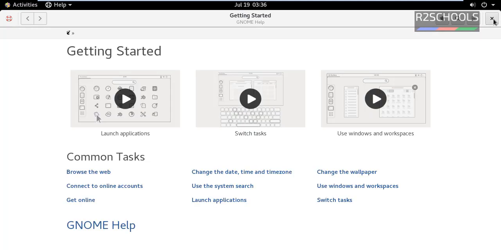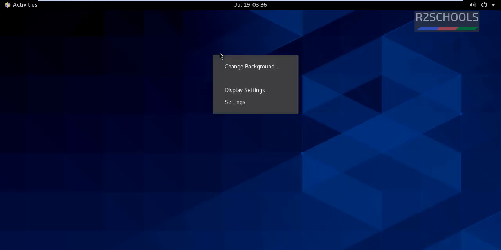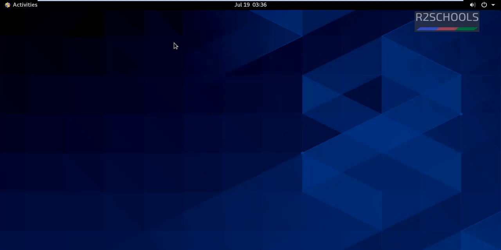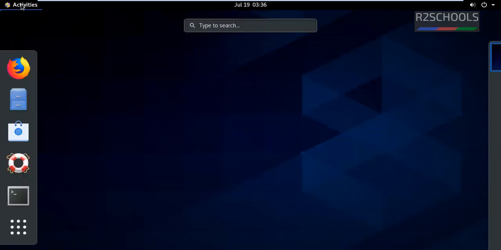Close this GNOME Help. Notice here we don't have an open terminal option when we right click on the desktop. It's available in Activities. See here this terminal is available.